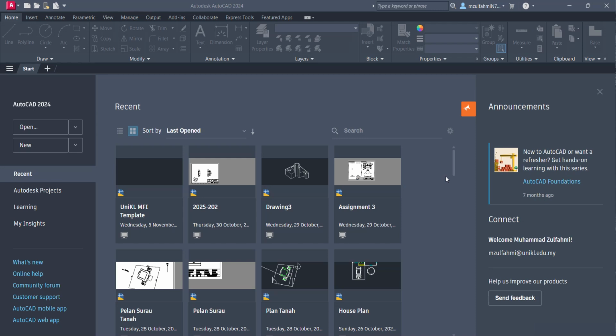So today I want to introduce you to AutoCAD. First thing first, I want you to use the UniKL MFI template. So please use this template because it will make your design standardized. To set the template into your PC, first of all,